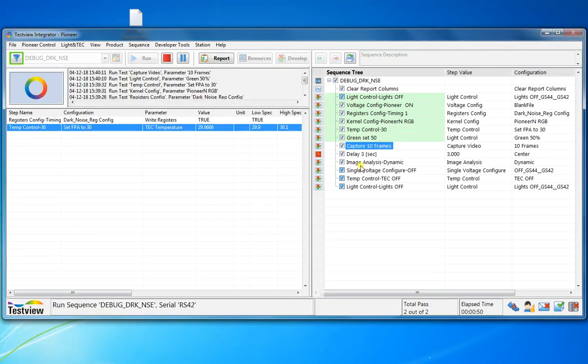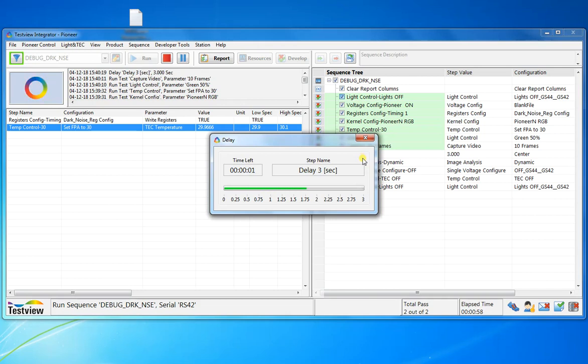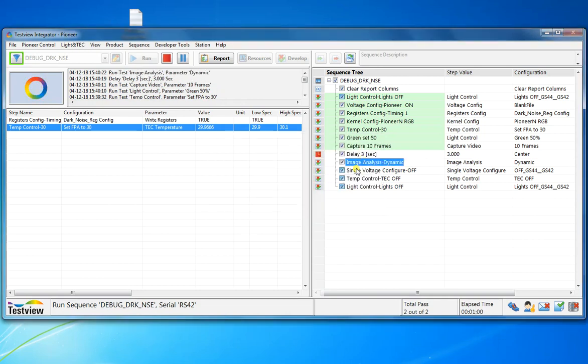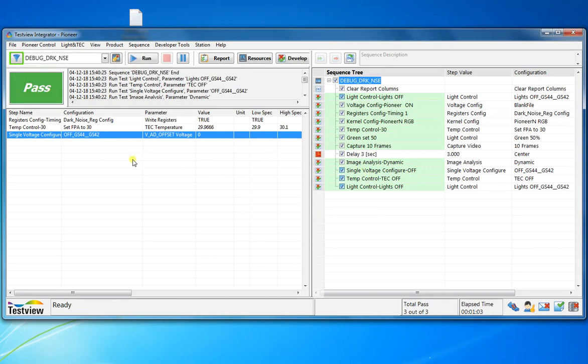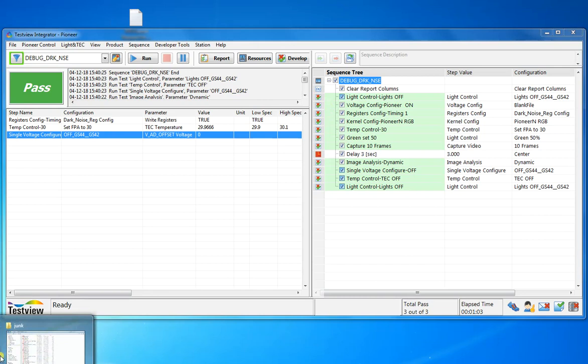Now it's done. Set the light to 50. Now we capture 10 frames. Delay 3 seconds. Make the analysis, store the images. Program is completed. Now let's see where the results are stored.